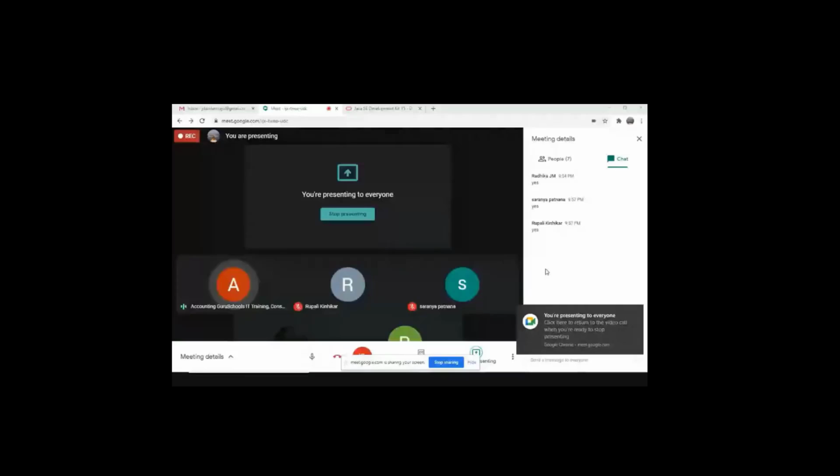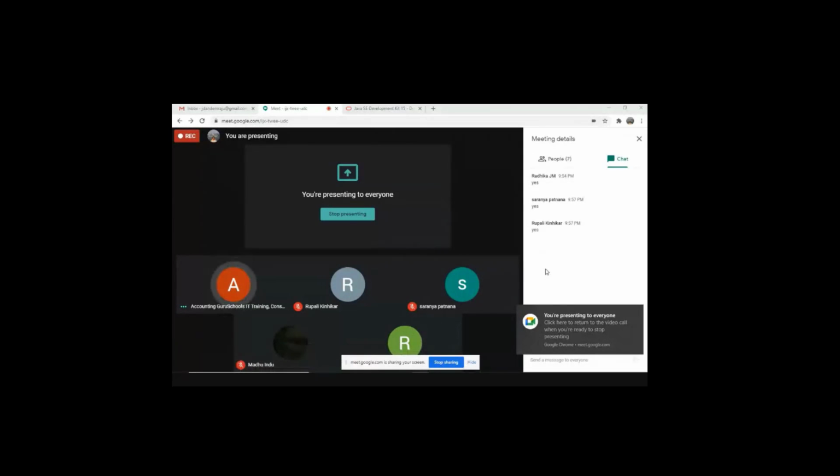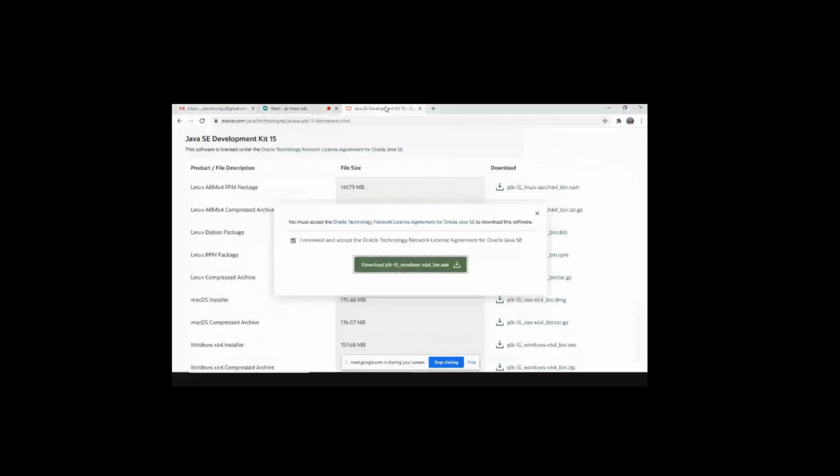You have to select the window which is coming there. Yeah, now we can see your screen. Can you show me that browser? Just click on that download. This is one. Yeah, click on the download.